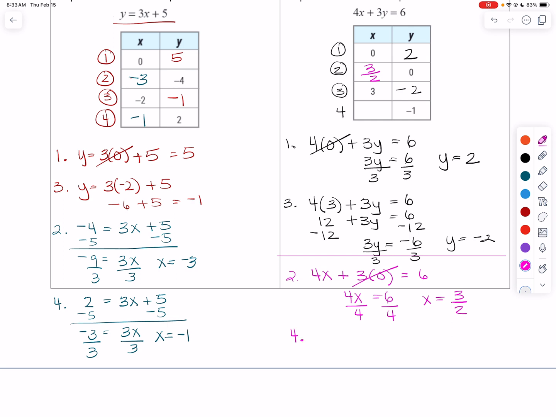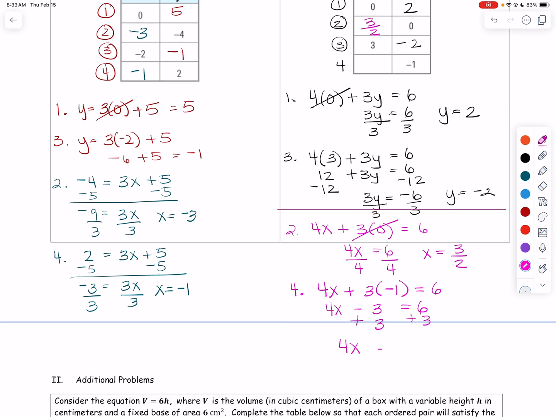So number 4, I get 4x plus 3 times negative 1 is equal to 6. 4x minus 3 is equal to 6. I'm going to add 3. So I get 4x is equal to 9. Divide by 4. And so x is 9/4. Now, I would not have you plot a point of 9/4, but you should be able to solve those equations,